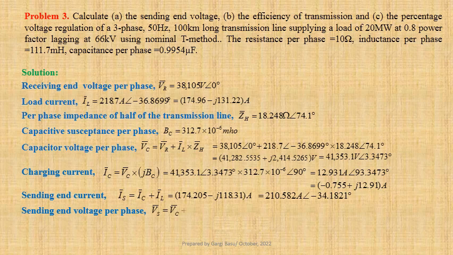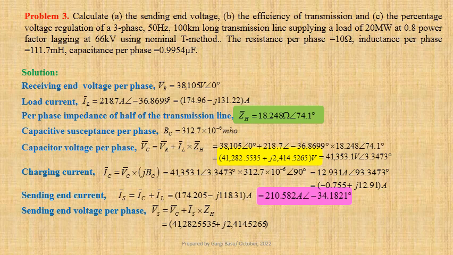Vs equals to Vc plus Is into ZH. Using values we get 41,282.5535 plus j times 2,414.5265 plus 210.582 at an angle minus 34.1821 degree into 18.248 at an angle 74.1 degree. That gives us